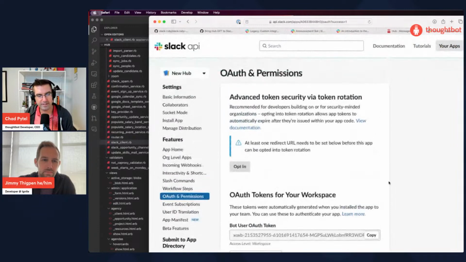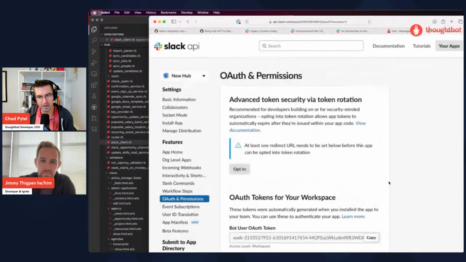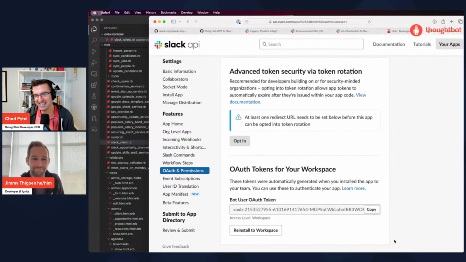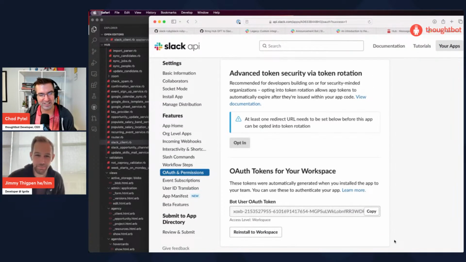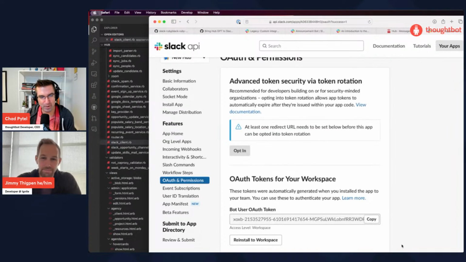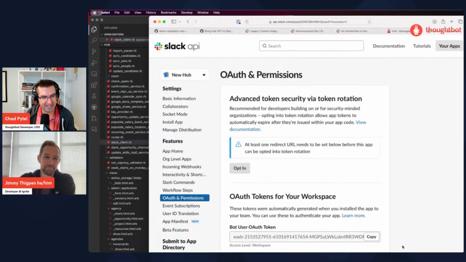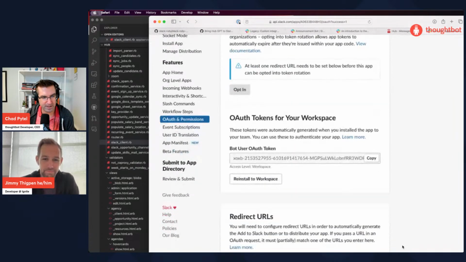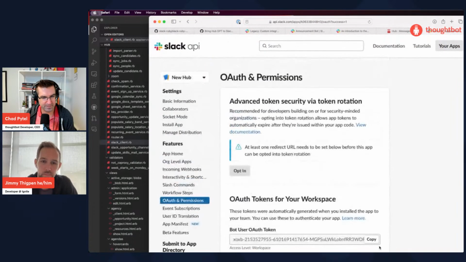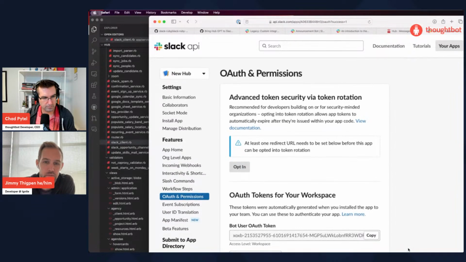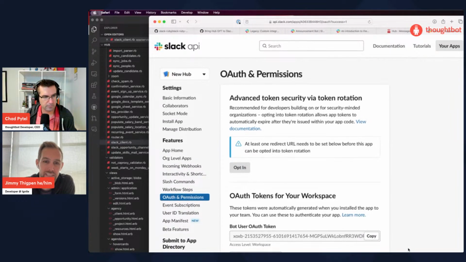So I've decided on the fly here we are going to change the token after we show it on the stream because it has just been shown on the screen. Perfect. And it's only in that test channel, so even if people were to get it, we'll just have to rotate the token after we're done here. Sure, that sounds good. Okay, so what have we done? We made the app, we installed the app. And that's all we've done, I think.